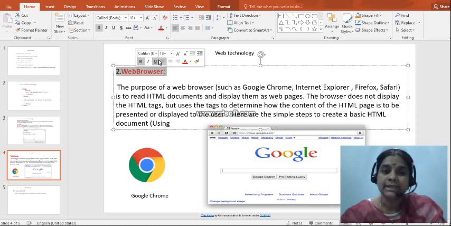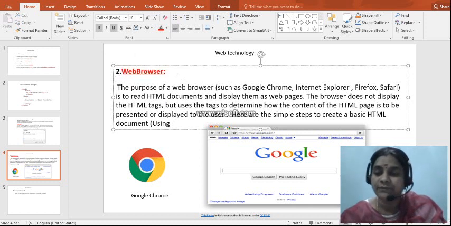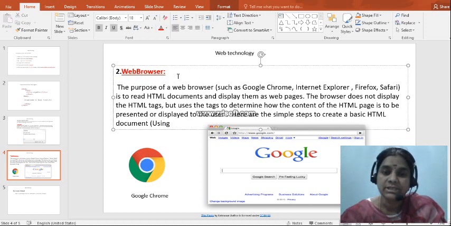And let us see what the use of this web browser is. The web browser is used to open the web page. If the web browser is not there, there is no need of HTML.